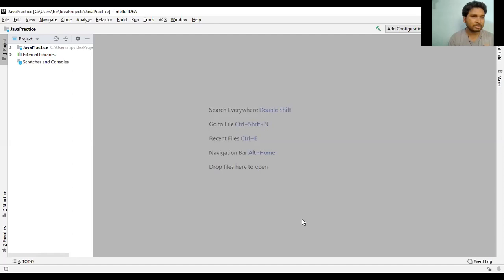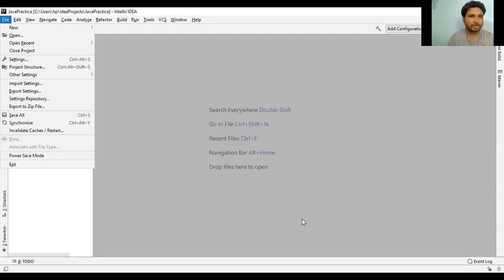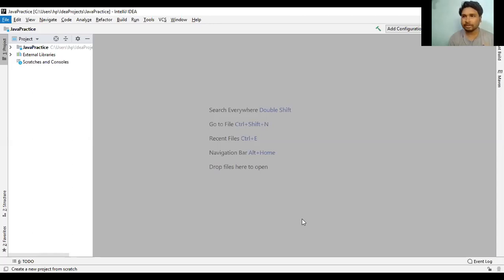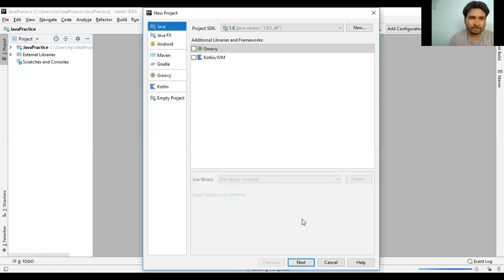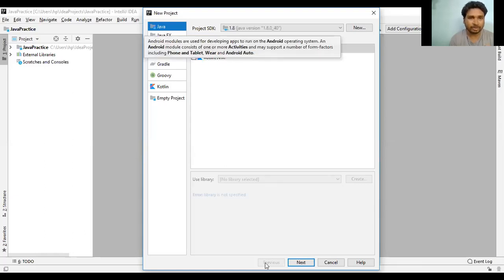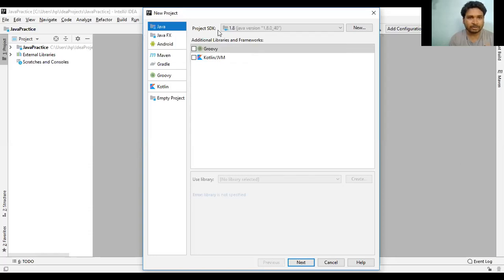I would like to inform you that this IntelliJ IDE is the same IDE where we can do Java, JavaFX, Android programming, Maven, Gradle, Groovy, Kotlin. All programs can be done with the same IDE. We are going to do Java.